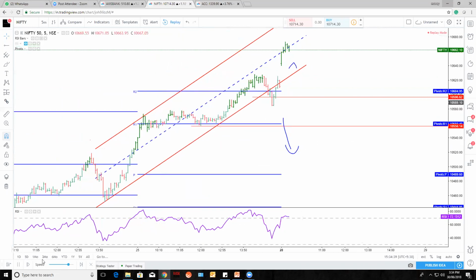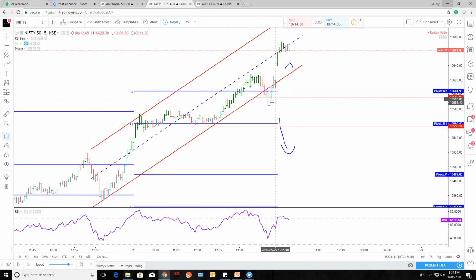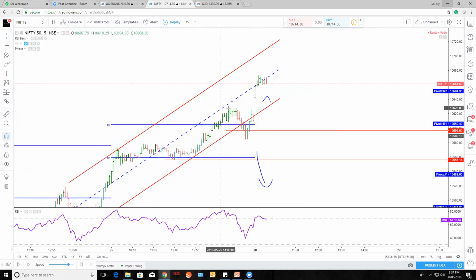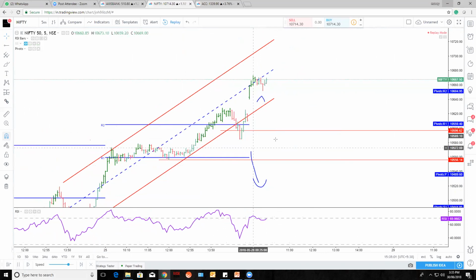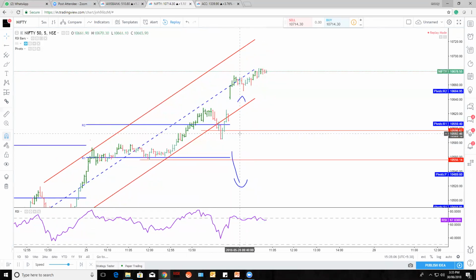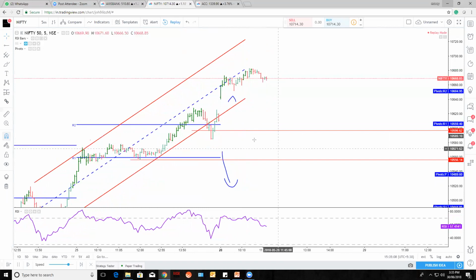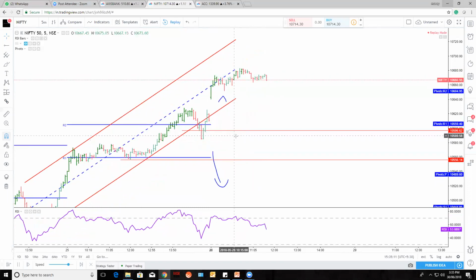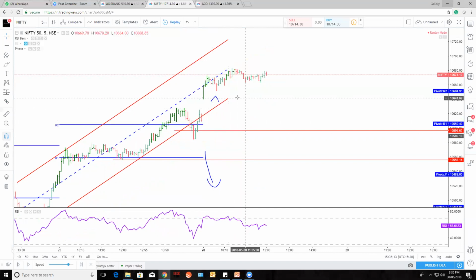See, if you are taking a sell setup early, so if you are taking a sell setup here, see what happened next. It went up and it hit your stop loss and went further up. So this will happen. So be careful whenever there is a channel breakout. You need to wait till it crosses the channel's low, or at least the pivot low, next pivot low. Okay.